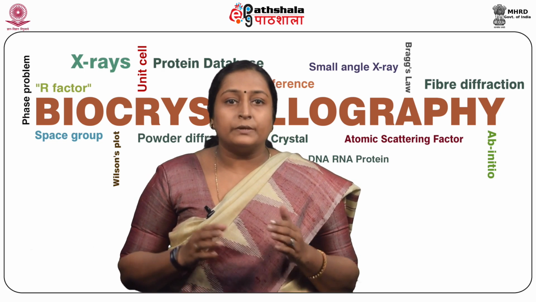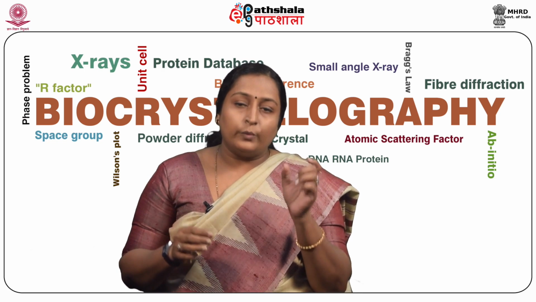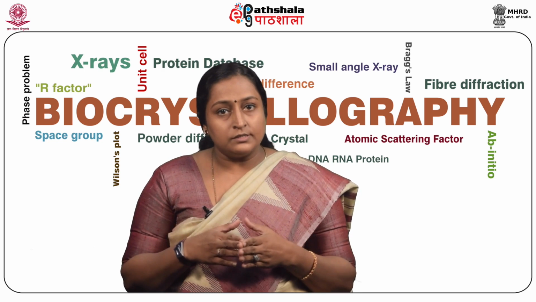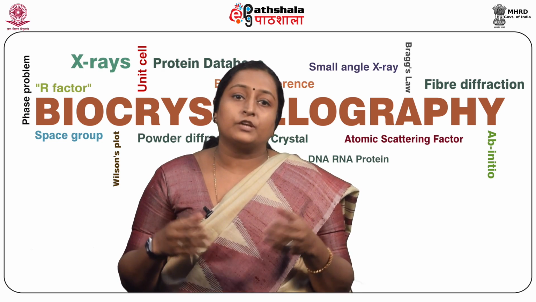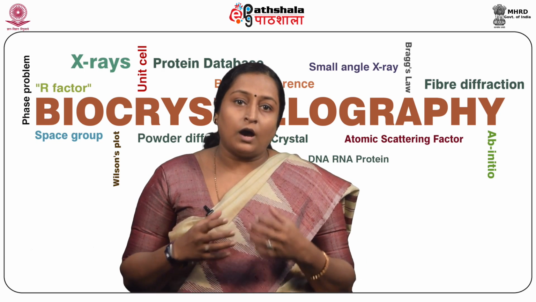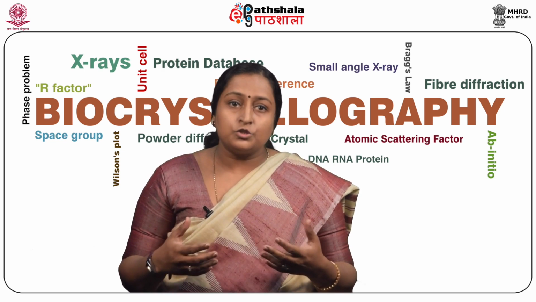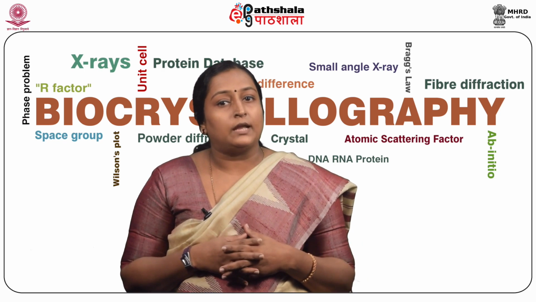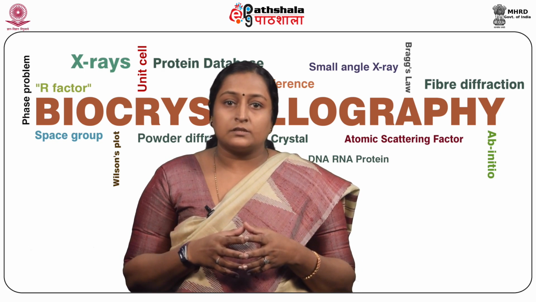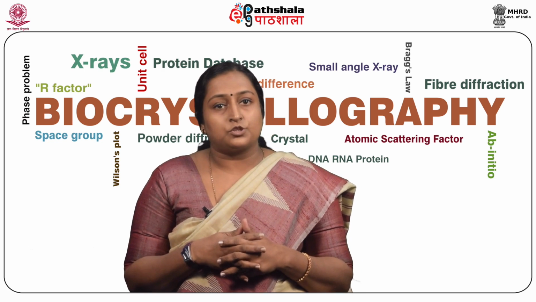Completeness of data is the percentage of unique reflections collected from the reciprocal lattice space, which is a measure of the quality of the data. It is the number of unique reflections measured over the number of unique reflections that are possible. Completeness of data will give a relationship on how much data, or how many unique reflections, one has to collect in order to obtain the complete picture of the reciprocal lattice space. For an ideal data set, the completeness will be nearly 100%. And for the publication of the data, the completeness must be greater than 95%.